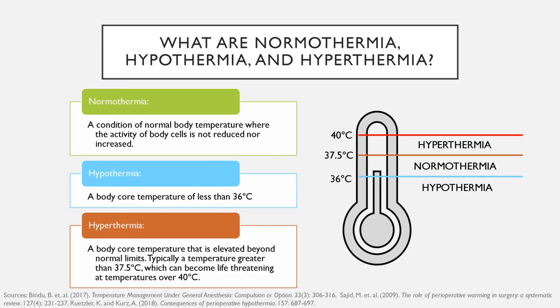So when you talk about a body core temperature less than 36, the important point is that that is the level in a non-anesthetized person at which the body tends to want to respond to do something to try to get the temperature up. By the same token, once the body core temperature gets above 37.5 degrees Celsius, that's when the body tends to respond to try to get the body core temperature